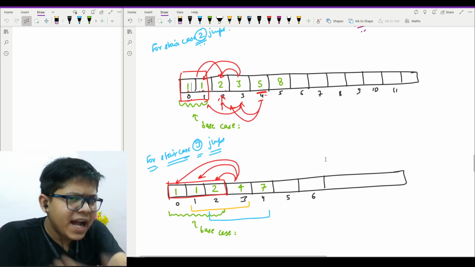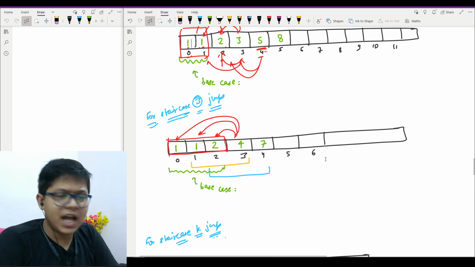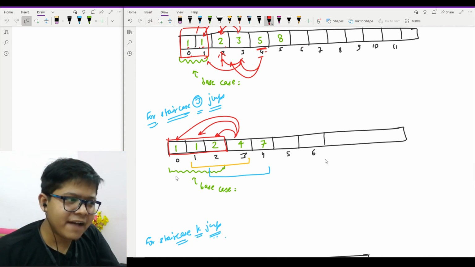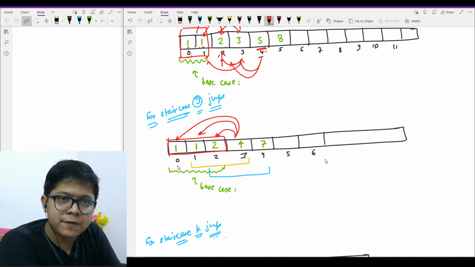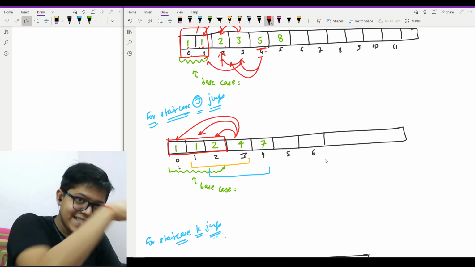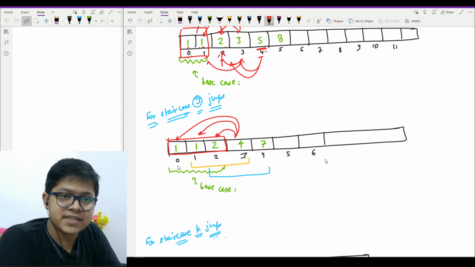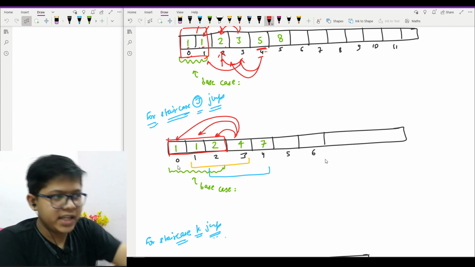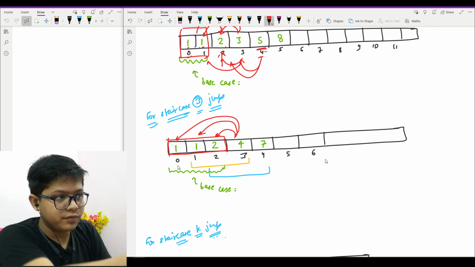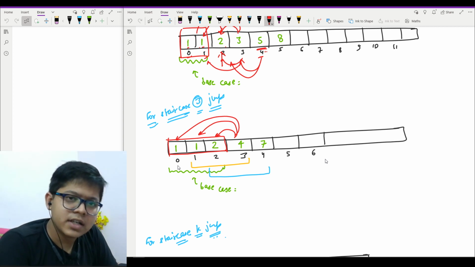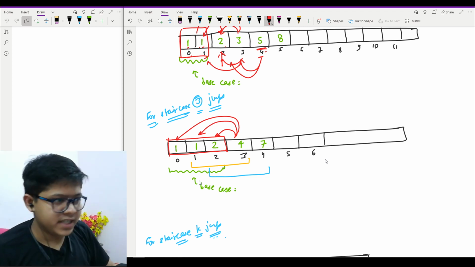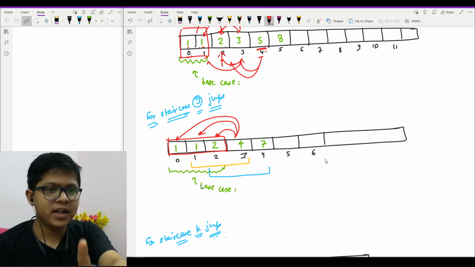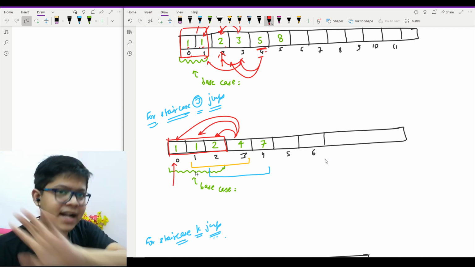Okay, if I had the case of 3 jumps, how would it look? I will have these as base cases. Now you will say, okay Aryan, you said that for n equal to 0 it is 1, and for less than 0 it is 0, but here you are saying that the base cases are 1, 0, 1 and 2. How is that possible? You are absolutely right that 0 will be a base case, except that no one else will be a base case.